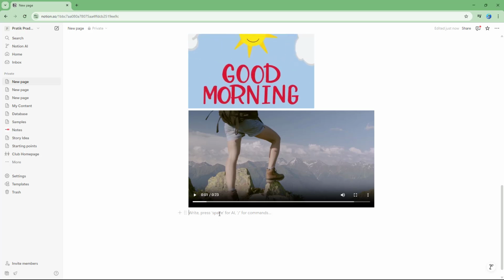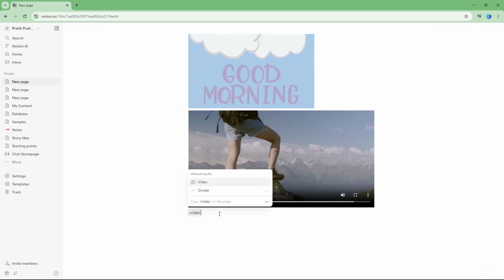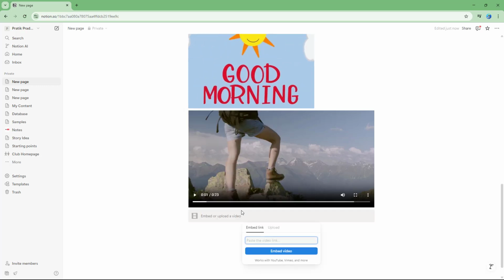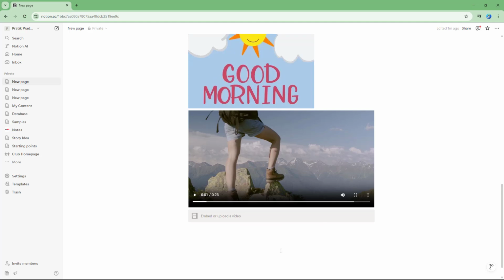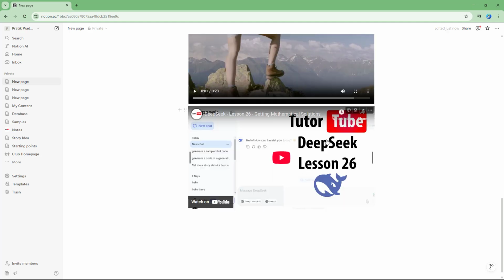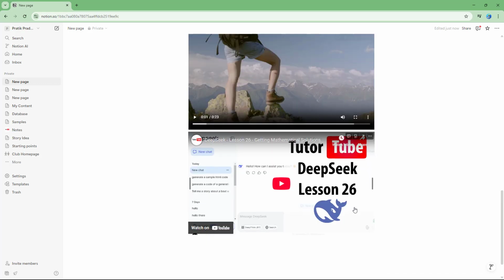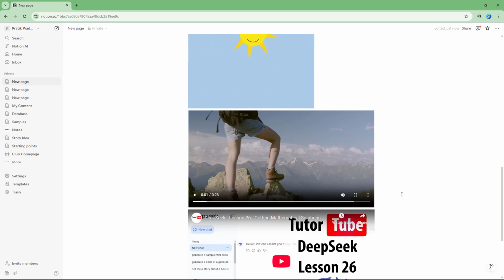For that, I'm going to go over here, press slash right here, type in video, and then simply select this. Once I do that, over here you can see that embed link is an option. You can simply add in YouTube, Vimeo, or other video services right here, and as long as that is supported, you can click on embed video and the player will be loaded up right here, as you can see. And this is how you can embed videos onto your pages